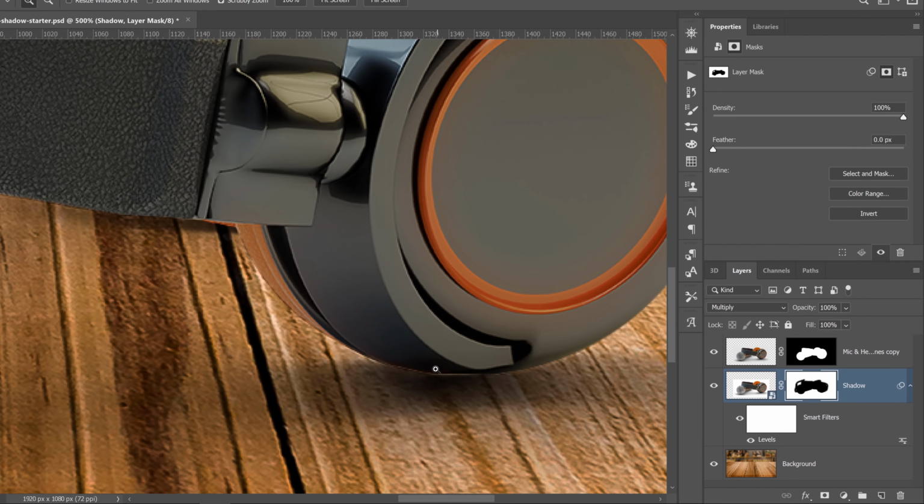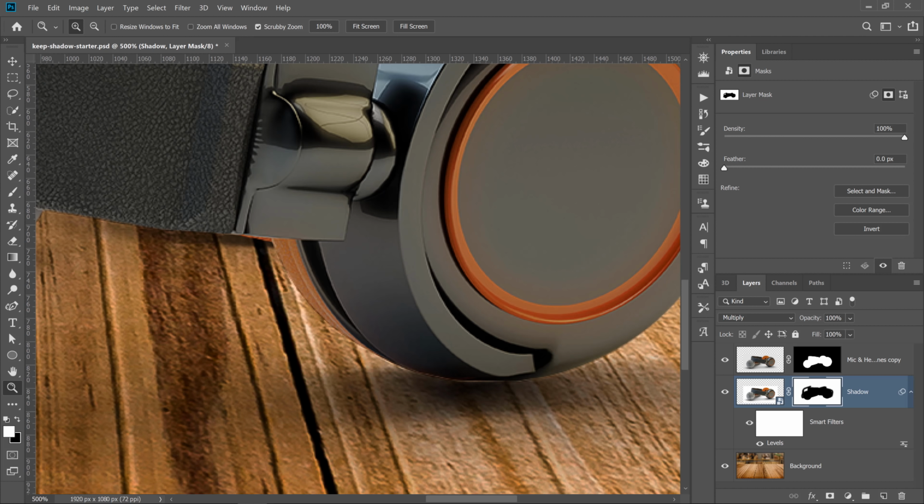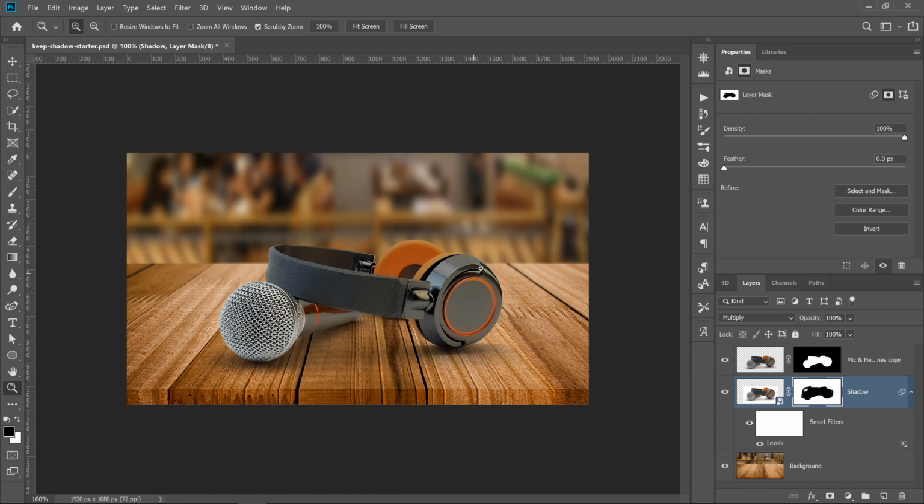So with this layer mask, click on it and paint with white so that you can bring back some of the pixels that are just under the headphones so that they match. So this looks much, much better than it did before. Now you can see that. Also, we have a little bit of an outline here. Let me hide that by selecting black as my foreground color and painting away that black outline. And that's basically all you need to do at this point. Just fine tune those details.